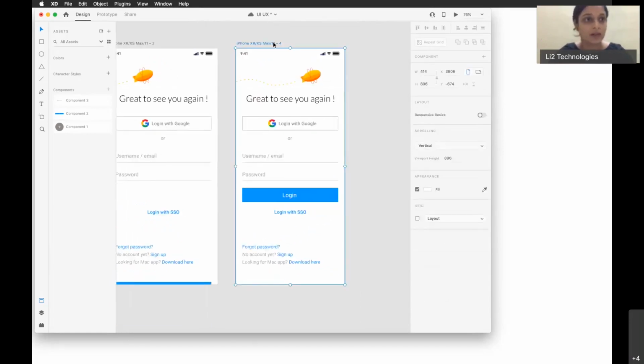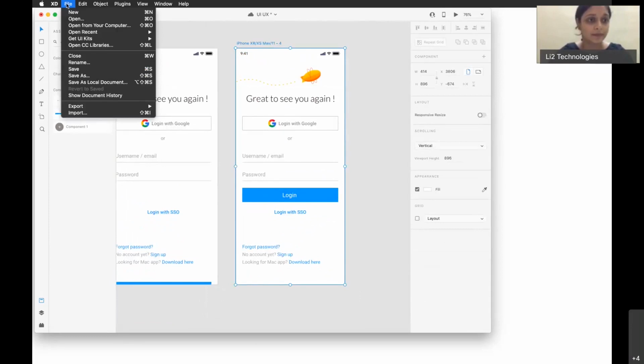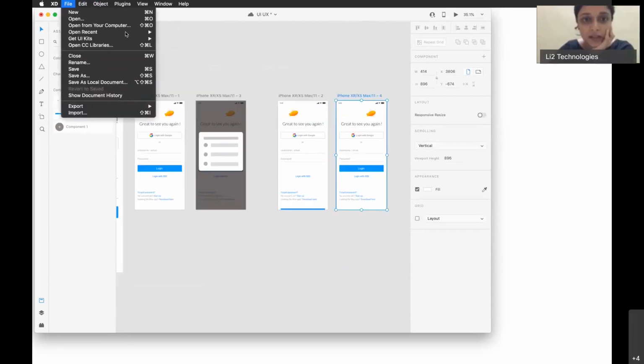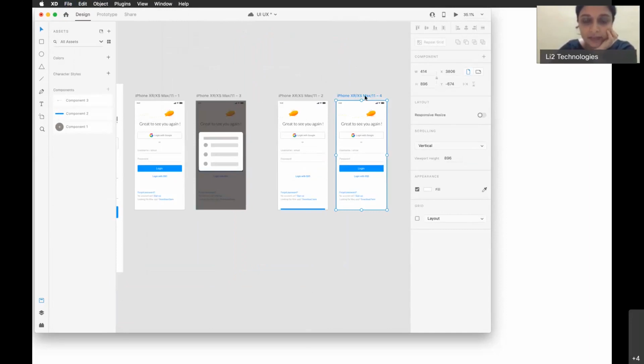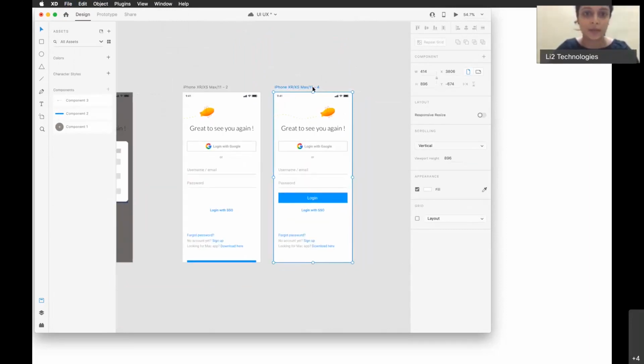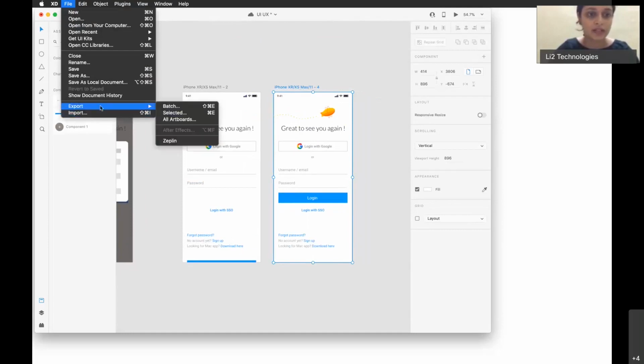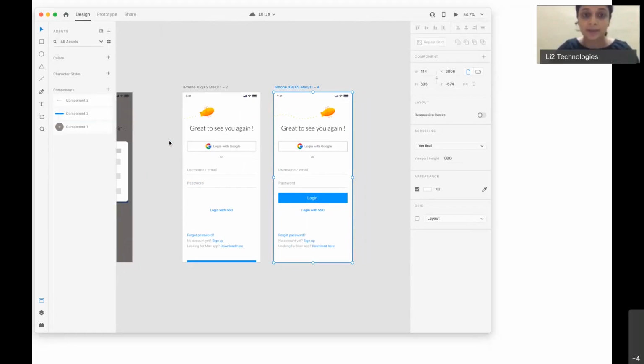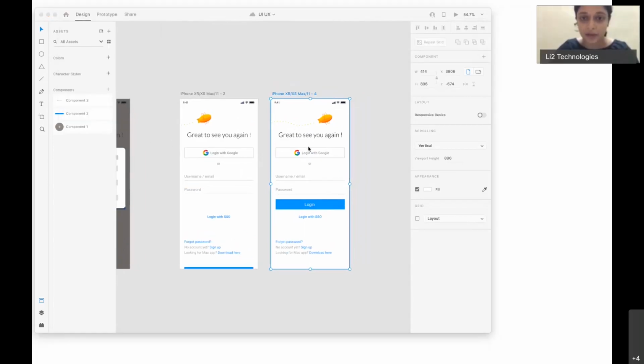I'm going to select the artwork I want, go to file. So I have marked this for export. This is the screen I want to export. So just click on file, go to export, and say all artboards are selected. This is when you want to export it as a PNG or whatever format you want. But I want to export it directly to Zeppelin since I already have Zeppelin. I'm going to click on Zeppelin, and it's going to ask me where I want to upload. Since I don't have a project,